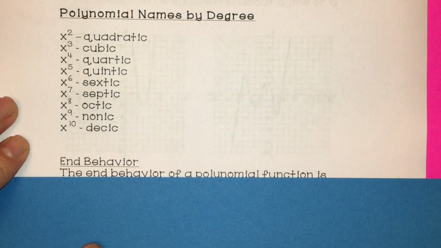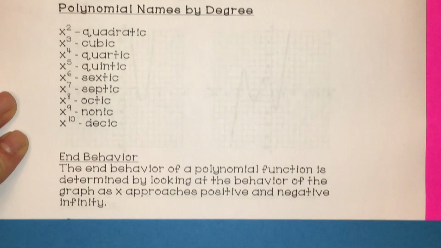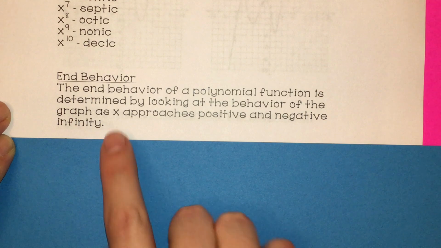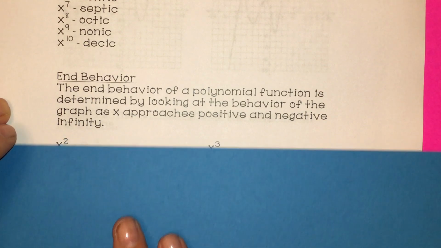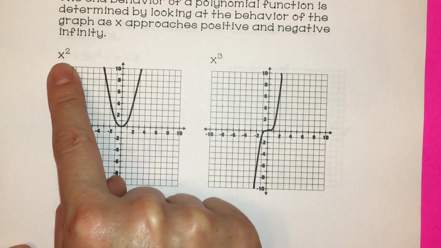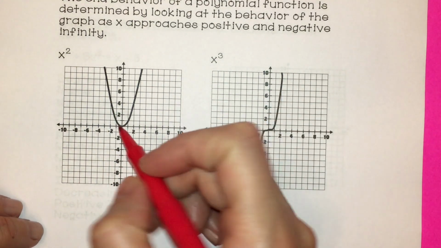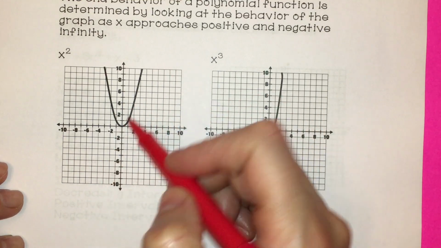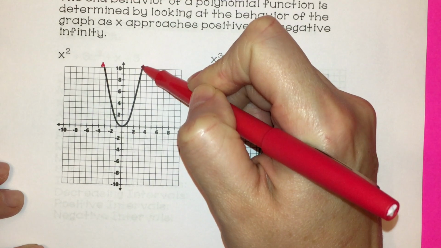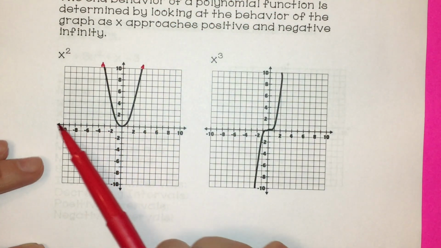All right, another key feature is the end behavior of the polynomial. So the end behavior is just what it's going to look like as it continues going. The end behavior of a polynomial function is determined by looking at the behavior of the graph as x approaches positive and negative infinity. So we're just going to look at a couple of graphs. So this is a graph of x squared. So we can determine the end behavior, meaning if this graph continues going in both directions, as the x values